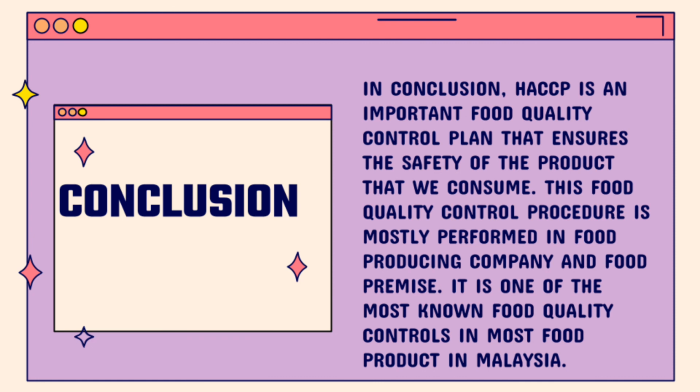In conclusion, HACCP is an important food quality control plan that ensures the safety of the food product that we consume. This food quality control procedure is mostly performed in food producing companies and food premises and is one of the most known food quality controls in most food